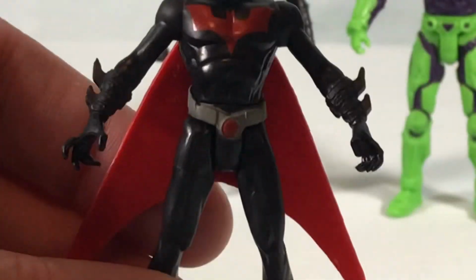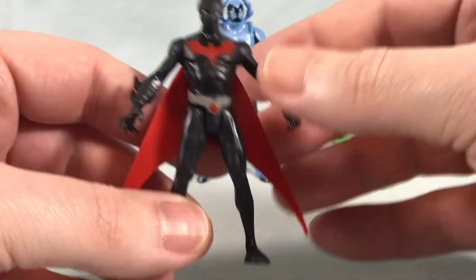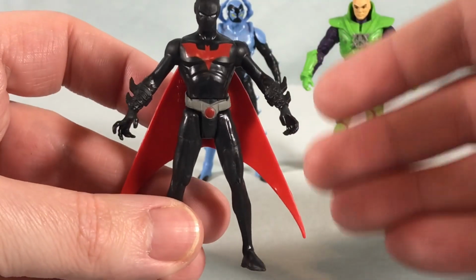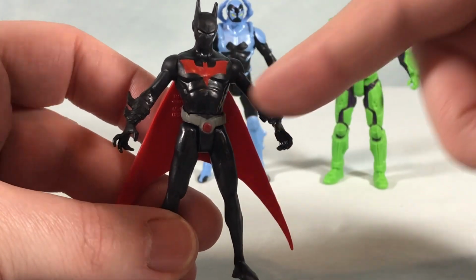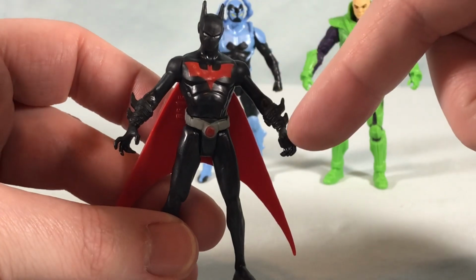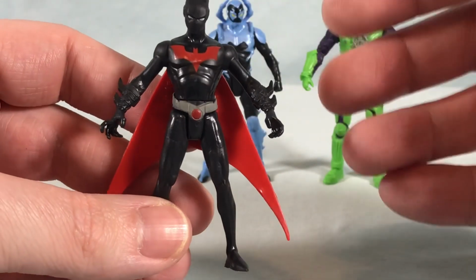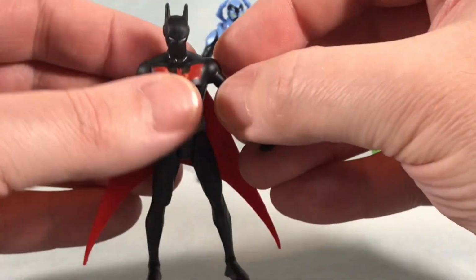Now, as you can see, he's got these wings here on the back as a cape. If you're familiar with Batman Beyond, he doesn't wear the wings like this as a cape. Almost like Spider-Man, they go from the abdomen to the arm, and he uses them as wings to glide. And I understand why that's not really possible here with the limited articulation, because the arms can't...